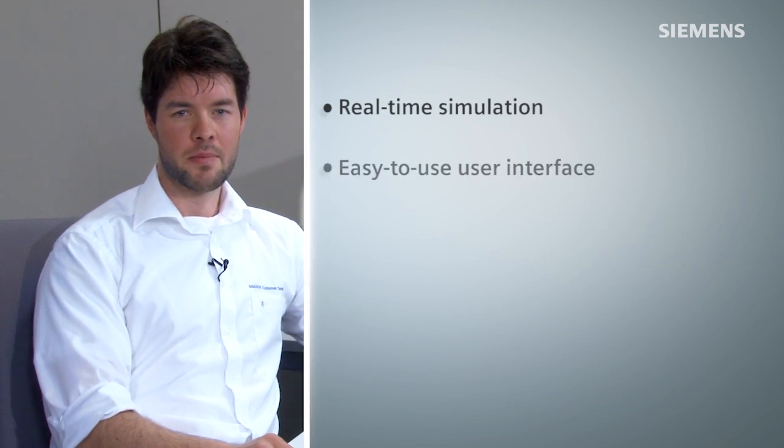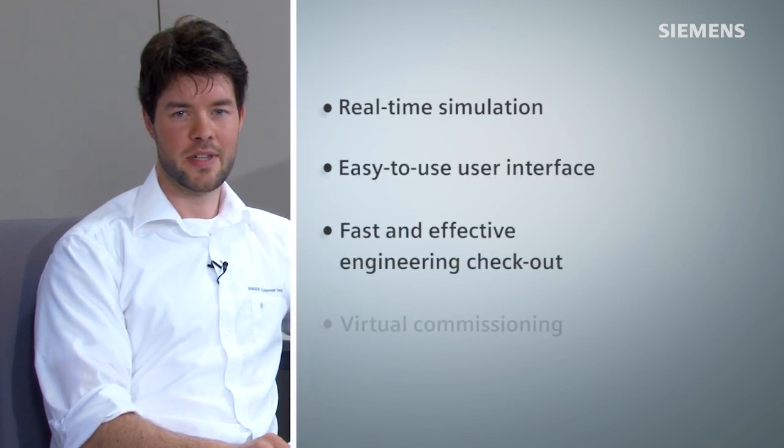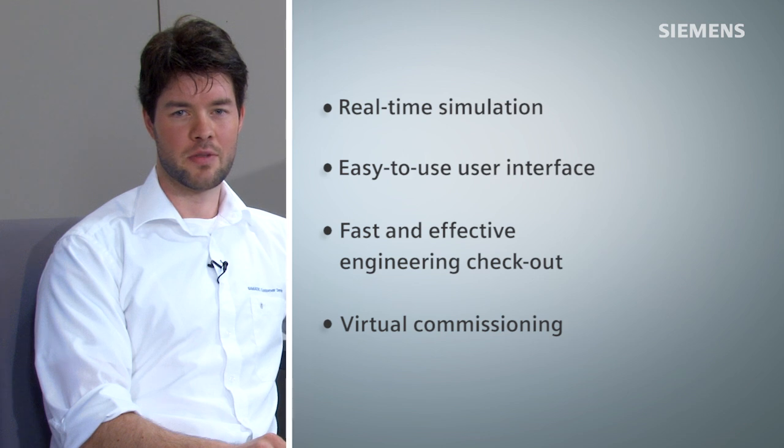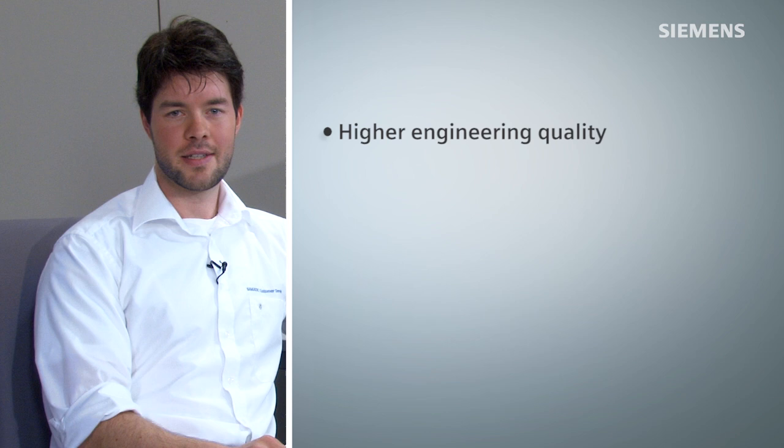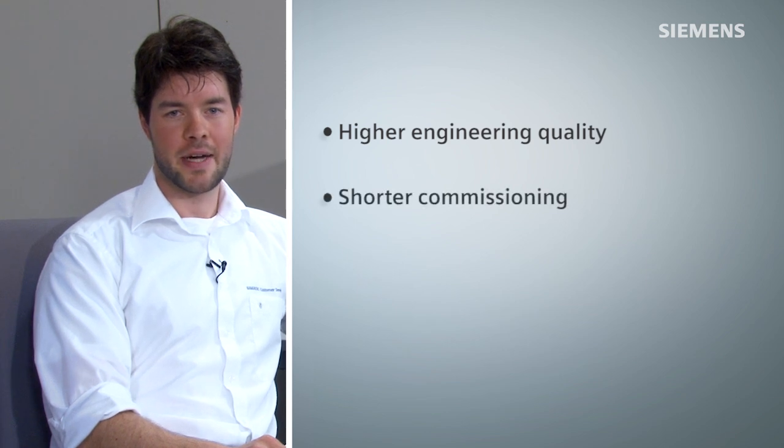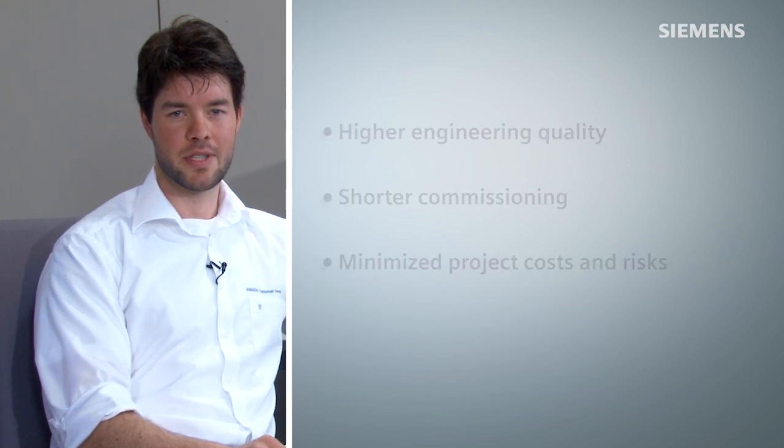Today I will show you how I can test my automation project effectively within the shortest possible time. For this purpose I will use the simulation framework Simit. Simit is a real-time simulation software with a user-friendly graphical user interface designed for virtual commissioning of automation projects. As a result, you achieve higher engineering quality and more planning security, whilst at the same time minimizing project costs